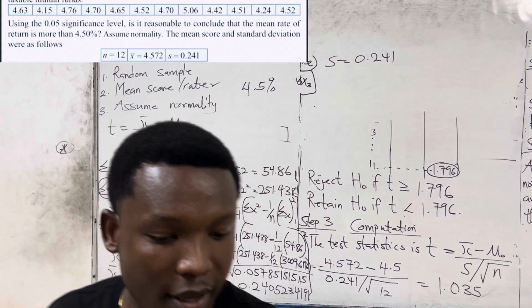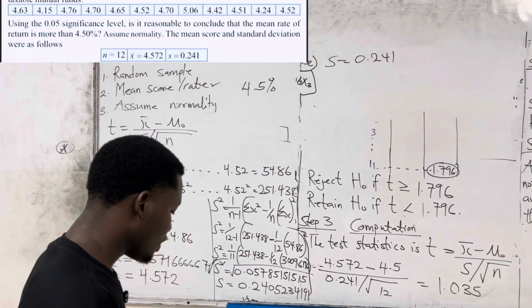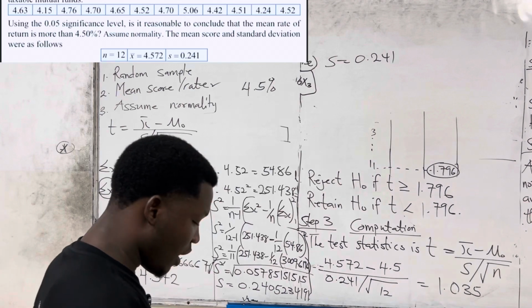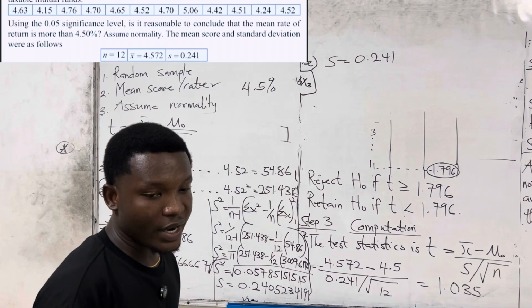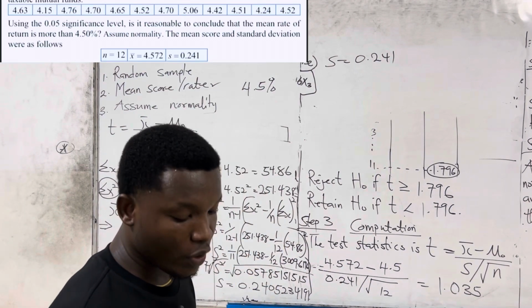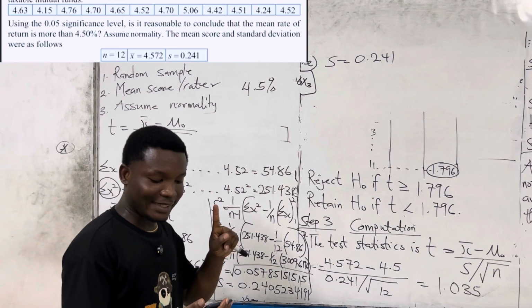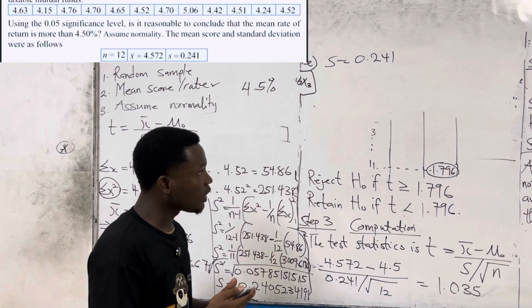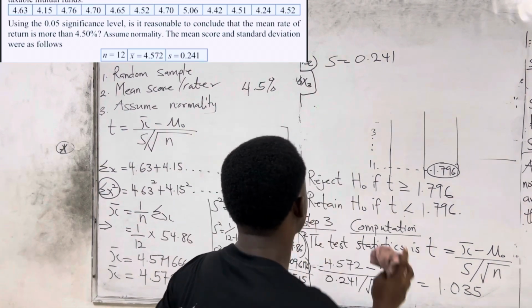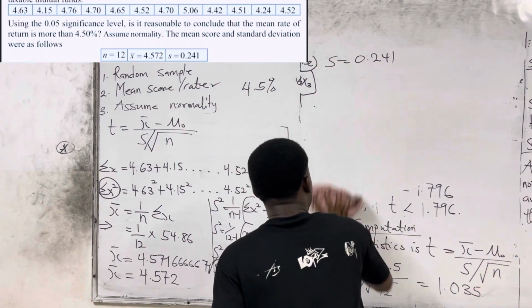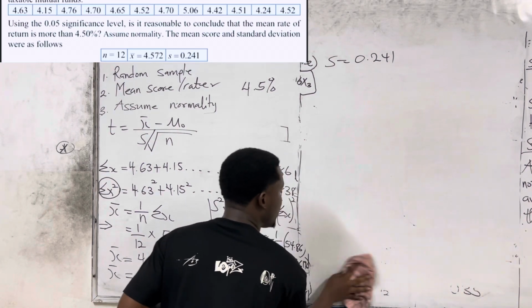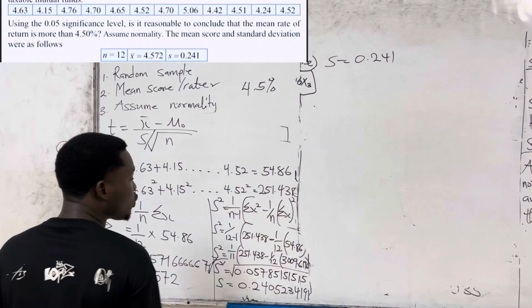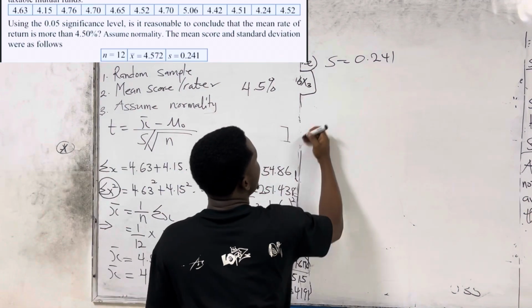And with the calculator, when you want to use the calculator, we have a method of using it. Now, the first thing you have to do is press your mode. When you press your mode, then you go to the stat, which is the 3. Press the mode, the first step. So let me write it here. Maybe because of time, the question has not given you the standard deviation and also the mean, and because of time you can't use this step to solve for it. So what you have to do is